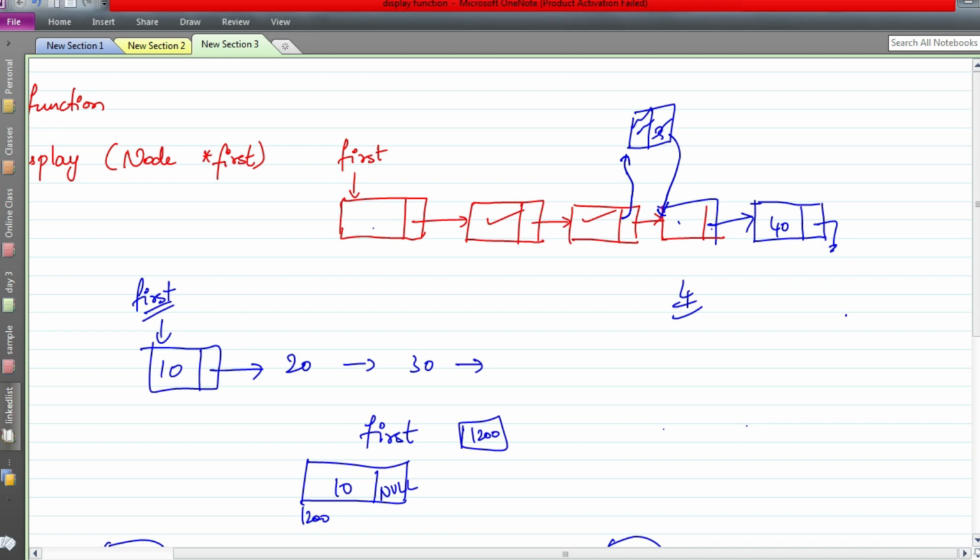So keep in mind, if you have to insert an element at the 4th position, you should be at the 3rd position. If the position number is equal to 4, then you have to move until the count is less than position minus 1. The counter variable should move through the list as long as count is less than position minus 1, so that you can adjust the next pointer of that node.